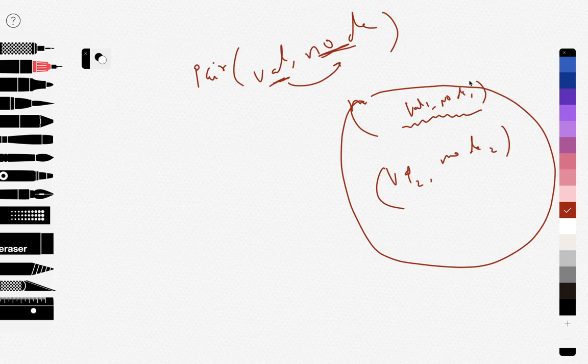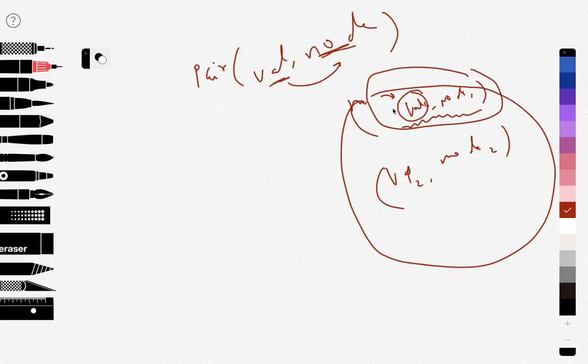So clearly the smallest value will bubble up to the top. So this value 1 comma node 1 will bubble up to the top, and you know that this is the smallest value because this is a min heap, and we are ordering our min heap according to this very first value. So it will pop up the very first pair, which consists of the smallest value among all the values.